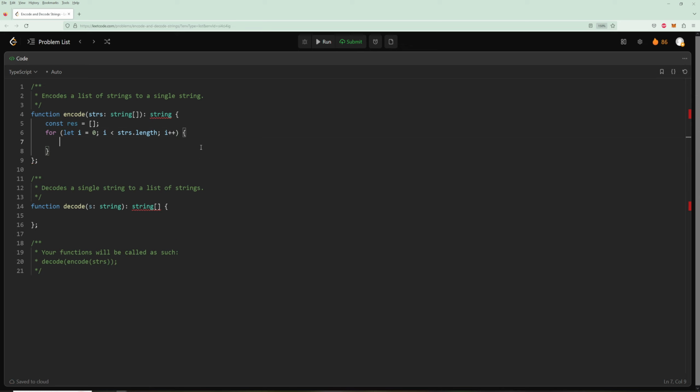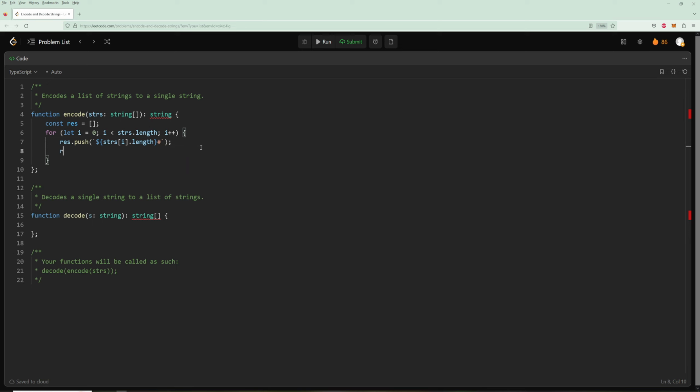We're going to push that prefix. So we're going to push the length with a pound sign, right? Here is going to be strs[i].length. And then we're going to have a pound sign right after to let us know that's the end of the length. And then we will push the actual word itself,